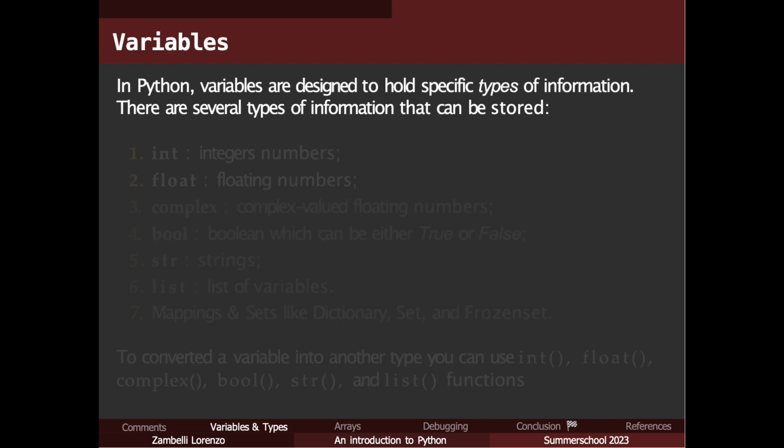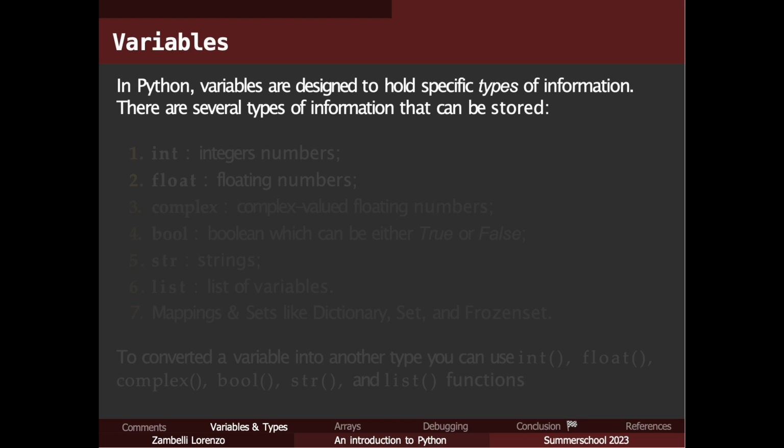Variables. Variables are the basic structure in Python, and I believe in every programming language, and they are designed, as we use in mathematics, to hold a specific type of information.